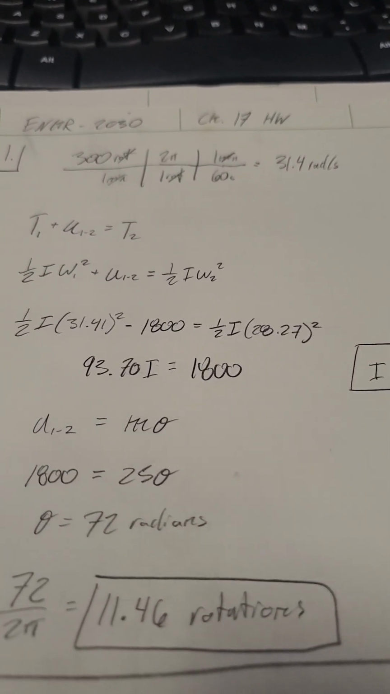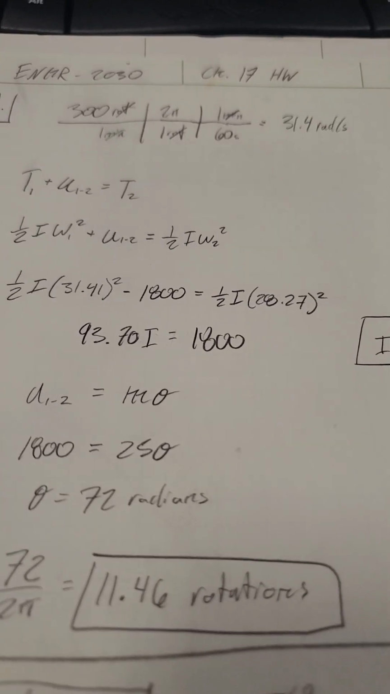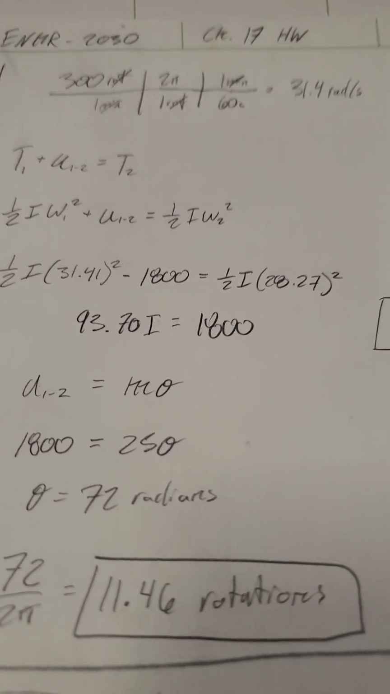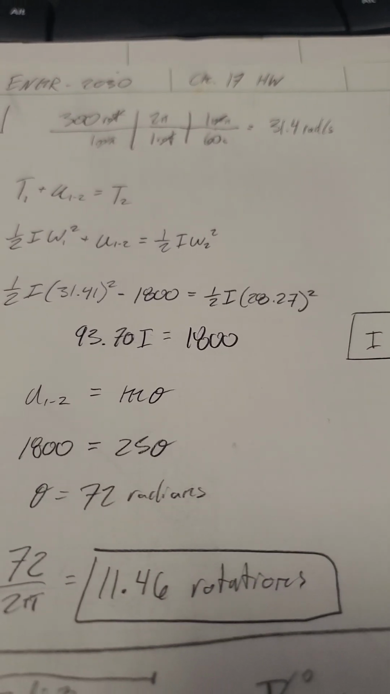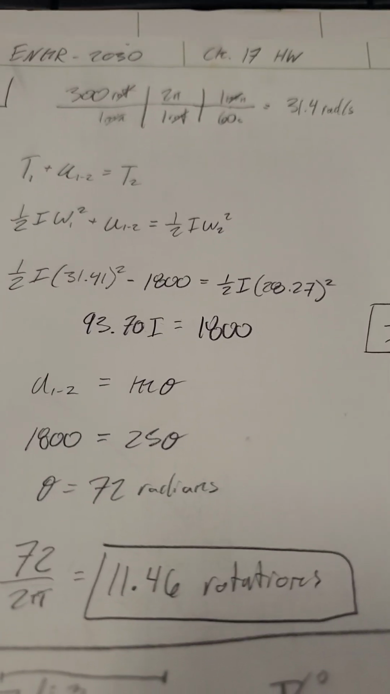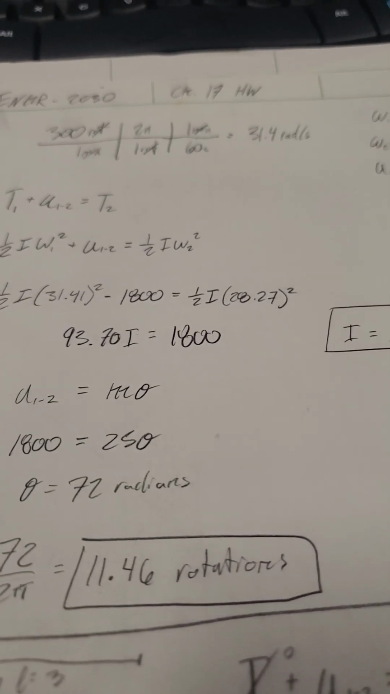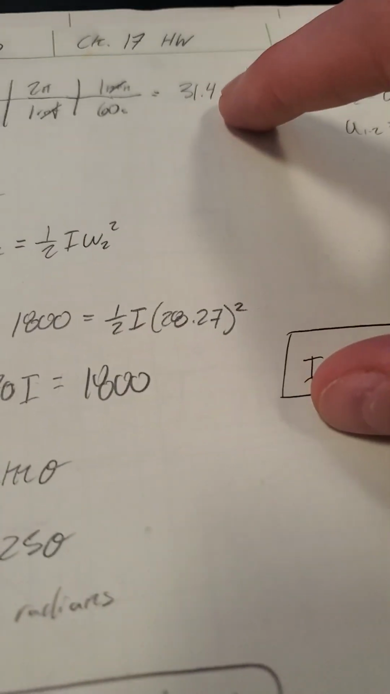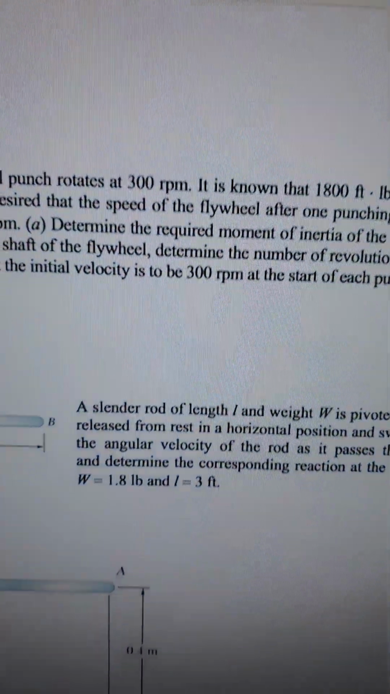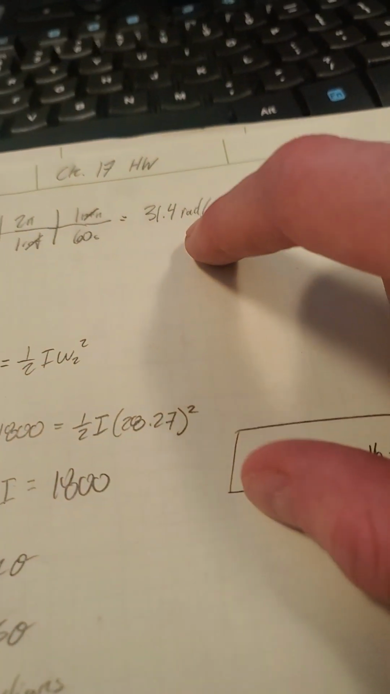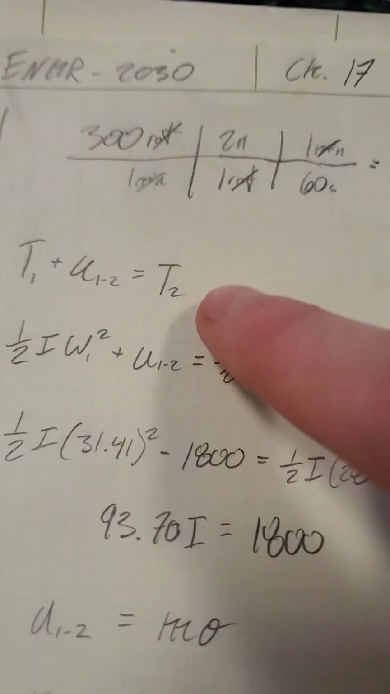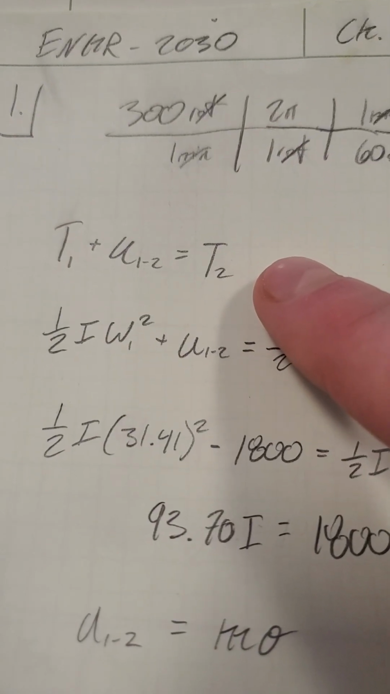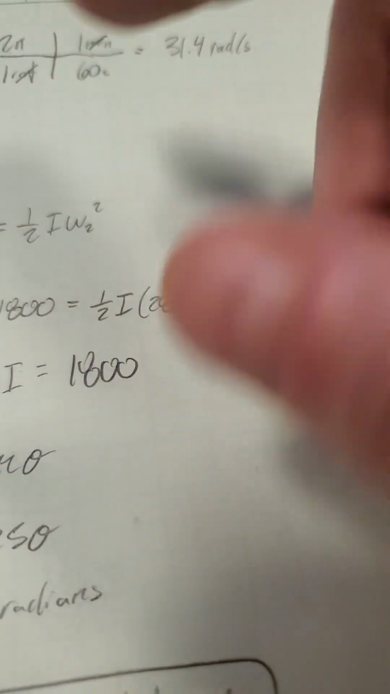And each time a hole is punched, it's gonna slow down the rotation. Energy is going to be taken out of the system. So we know we're going to use work for this one. First thing I did, convert the 300 rotations per minute to rad/s, and then we're just going to use the conservation of energy